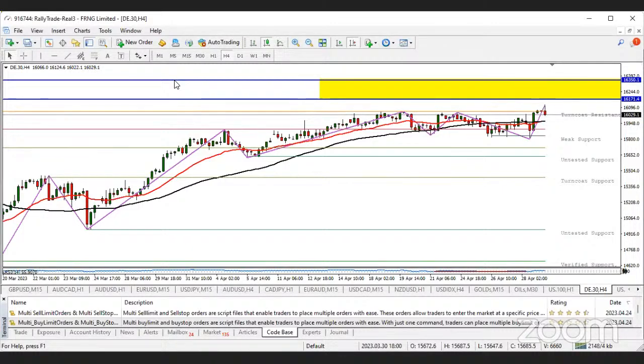Between 16171.4 and 16350.1. The reason is because price has been trading or struggling around this zone, and I don't want to enter a buy trade and be stuck in that trade. But if price can conveniently break above this point, then I should be looking forward to a buy around this zone. Take your profits anywhere above. That's for my swing trader.